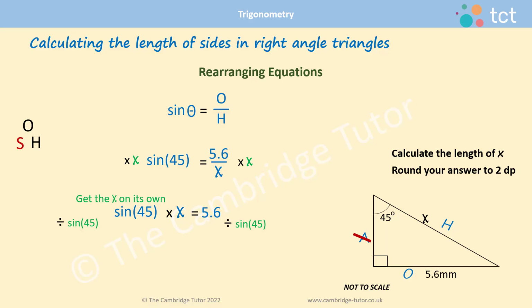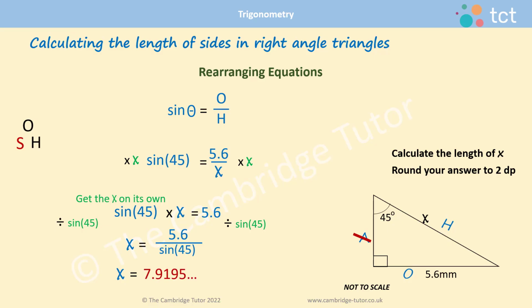Divide by the sine of 45 on the other side, that means that we have x on its own, and on the other side we have 5.6 divided by the sine of 45. Put that into your calculator. 5.6 divided by sin key 45, close the bracket, equals